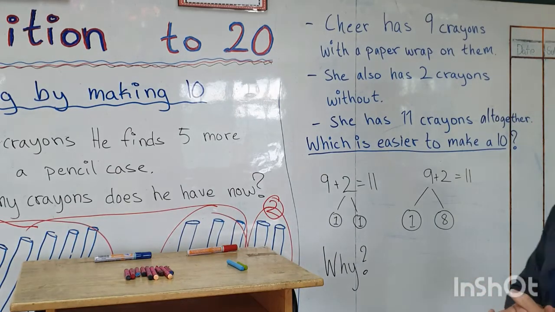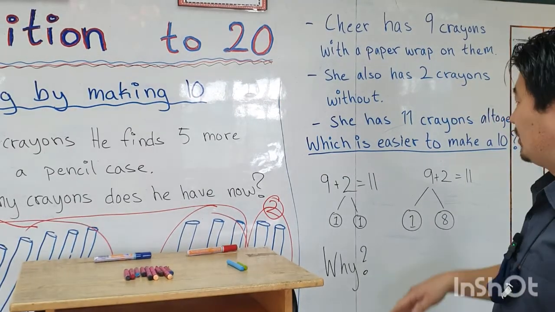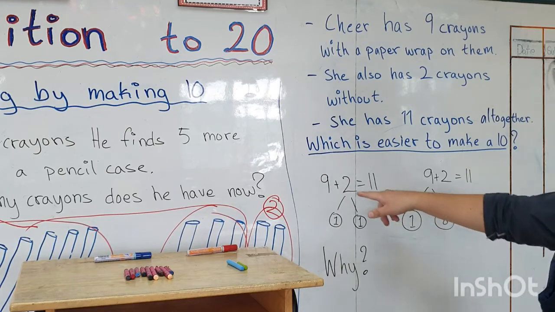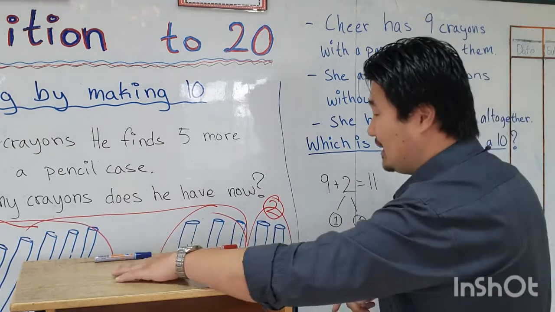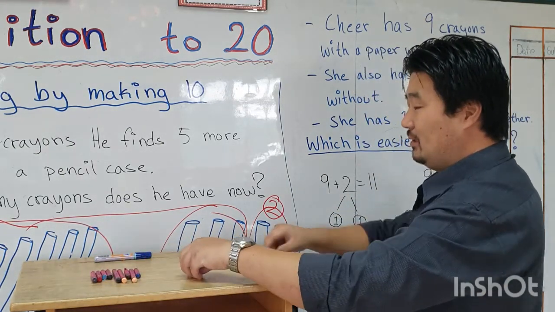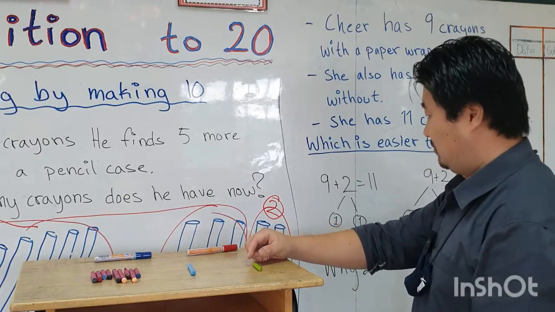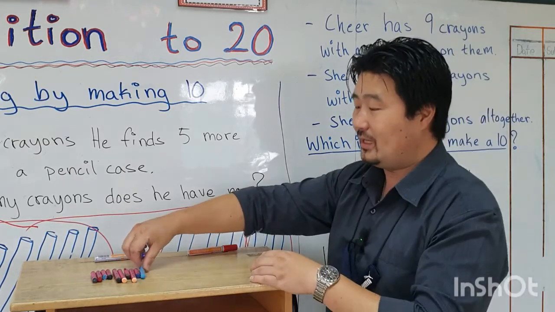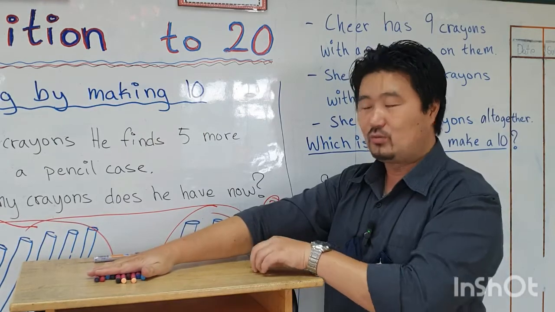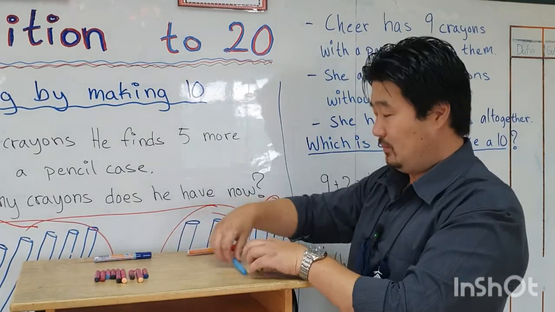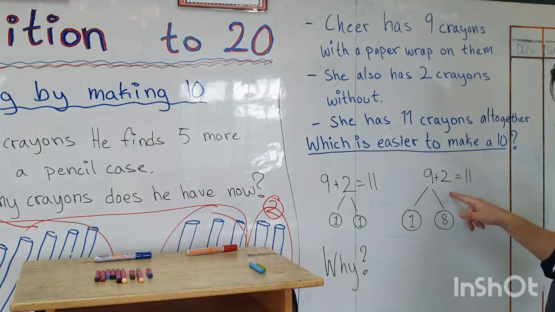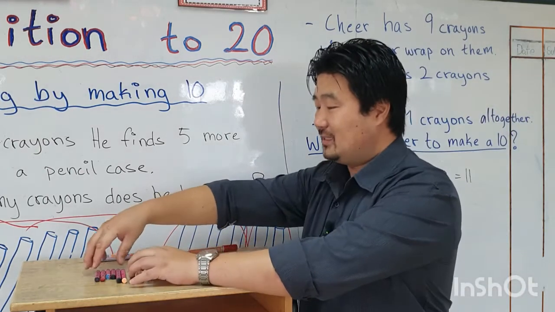So how do we do it? Which is easier? Is it easier to do it like this? 9 plus 1 plus 1, because 9 plus 1 equals 10, and then 10 plus 1. Or is it easier to do it this way? You separate these into